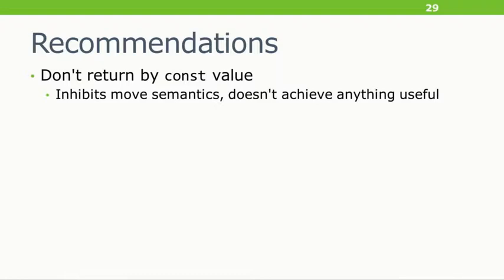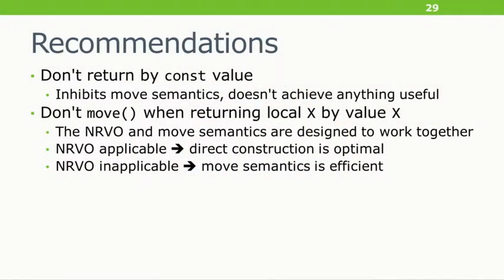And in fact, for built-ins, if the compiler sees you returning a built-in like an int by value, it immediately erases that. It's like, wow, and this is the standardese: wow, a cv-qualified prvalue of non-class, non-array type. I can't have that, and it just wipes it out. Like literally, const value. Never do that. It inhibits move semantics.